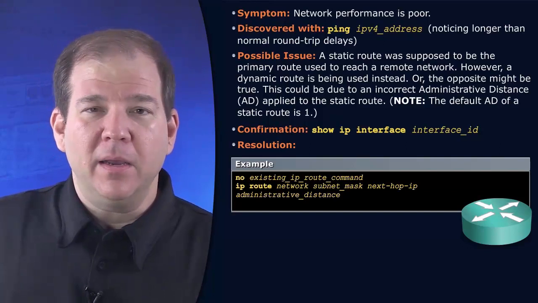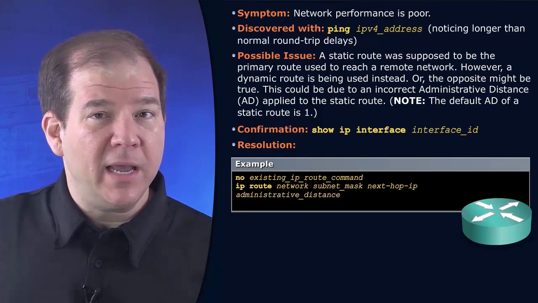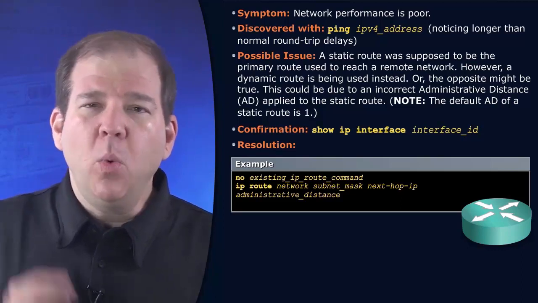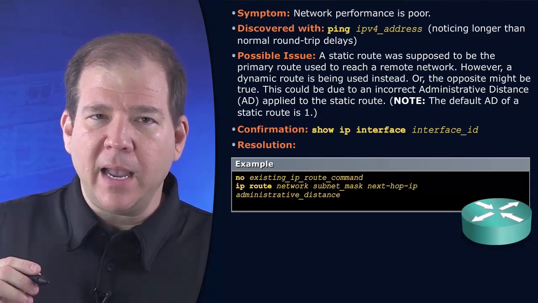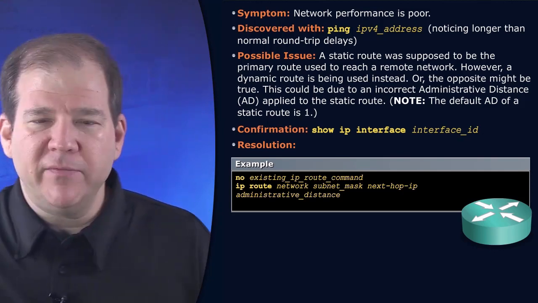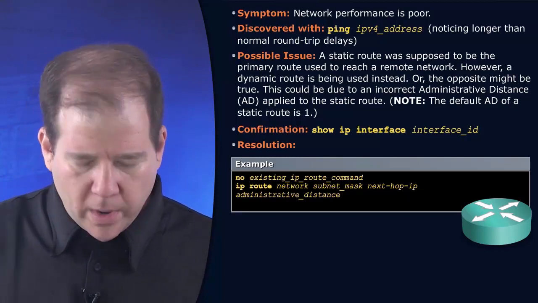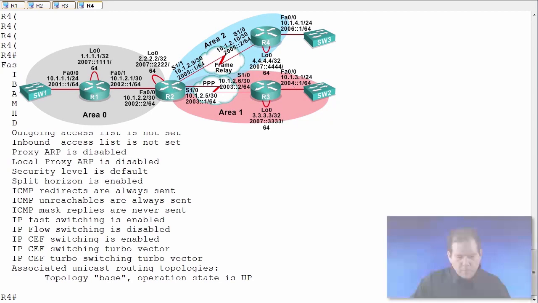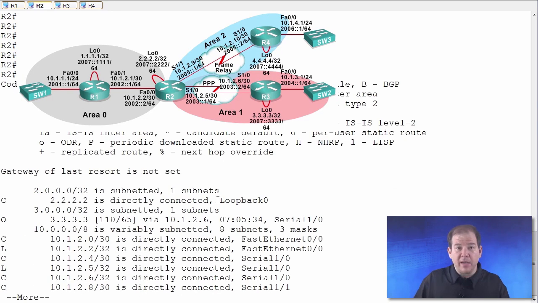For example, EIGRP is going to have an administrative distance of 90. OSPF is going to have an administrative distance of 110. But when we configure that static route, it's possible that we're specifying an administrative distance that is higher than the default administrative distance. Let's go to the live interface and let's demonstrate how this might happen. I want to go over to router R2 in this case. Let's do a show IP route,